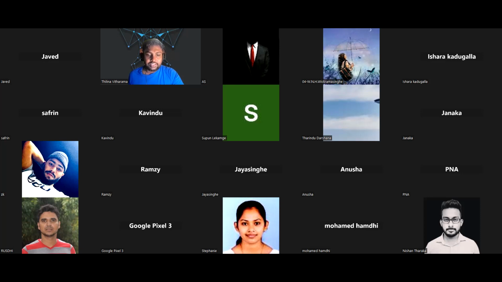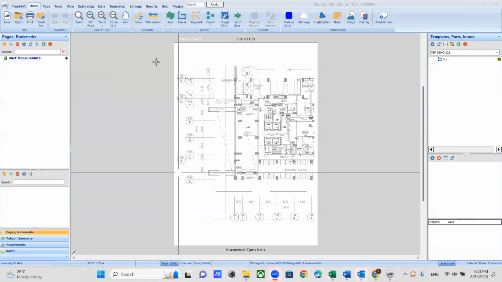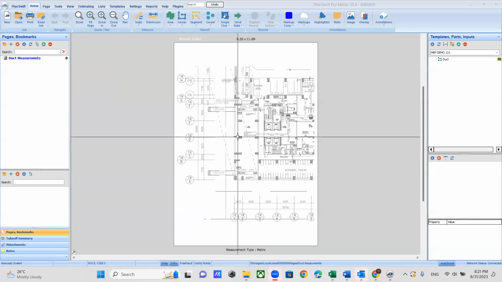I will share my screen and give a small demonstration. This will be very, very interesting for you. Please give me a moment. Yes, this is PlanSwift software, and I have imported a drawing into it. As I mentioned earlier, this PlanSwift software is like a coding software. You can generate